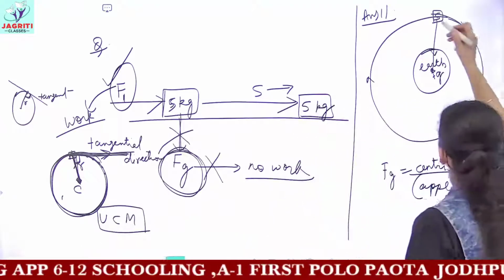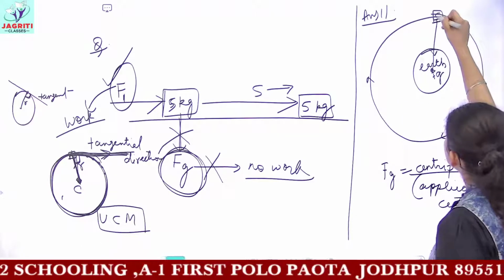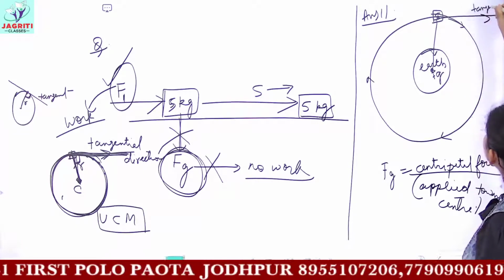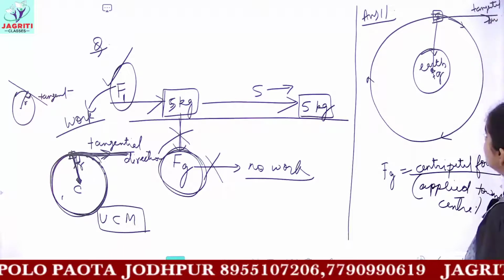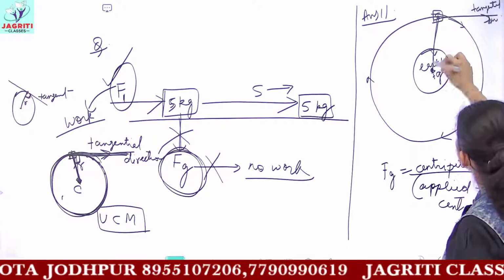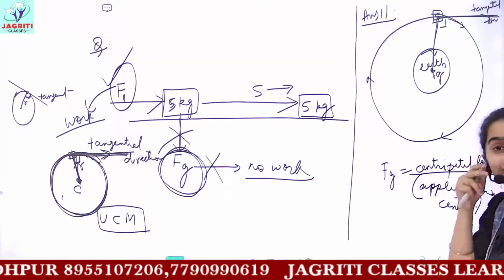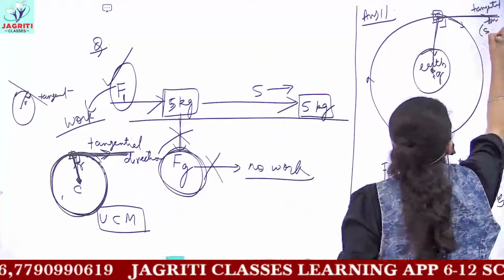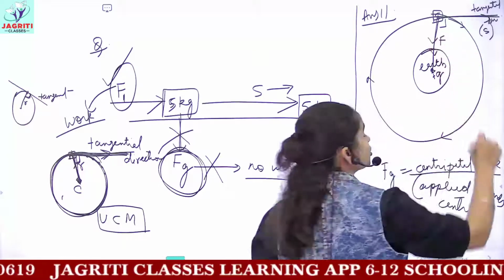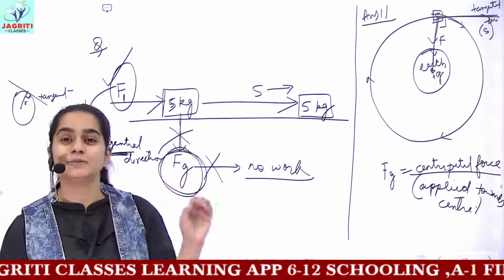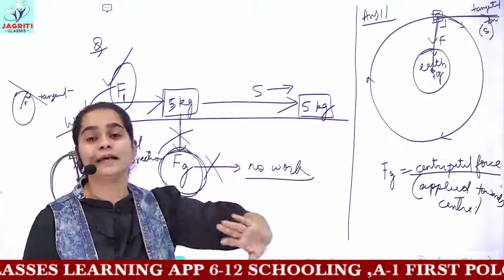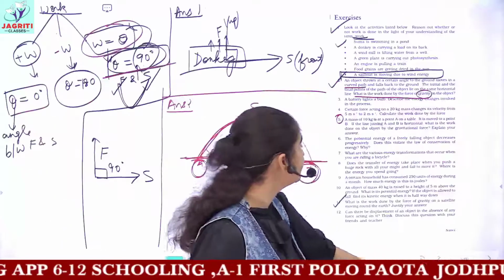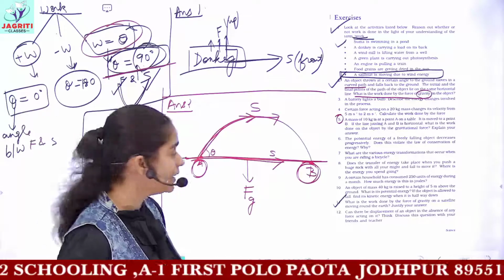And now you have the satellite moving, and if I ask you the direction of the satellite at this point, you will say it has a tangential direction. So the angle between this gravitational pull and the tangential direction is 90 degrees. Tangential direction means the direction of displacement, and this is the direction of force. Because the angle between force and displacement is 90 degrees, no work is done in this situation. I hope all the concepts are clear, so in the 11th question also no work would be done.